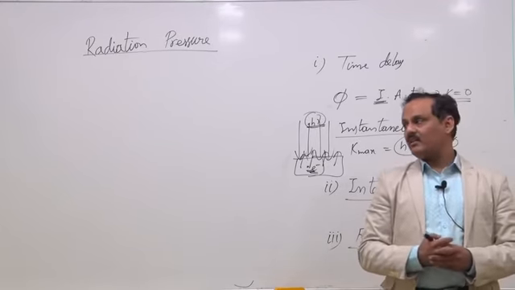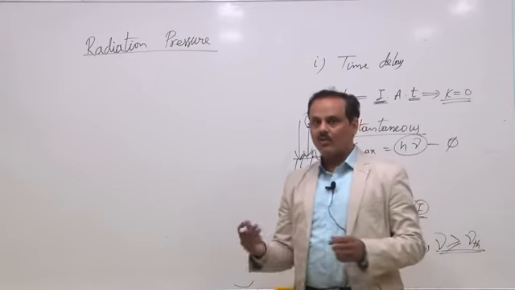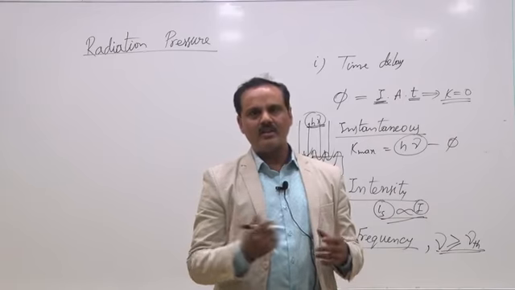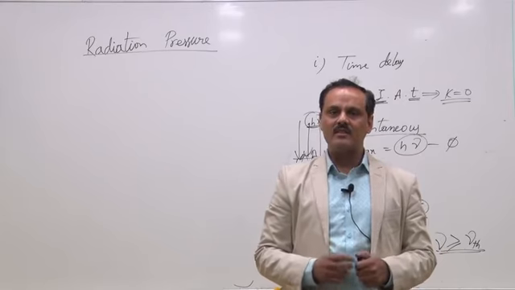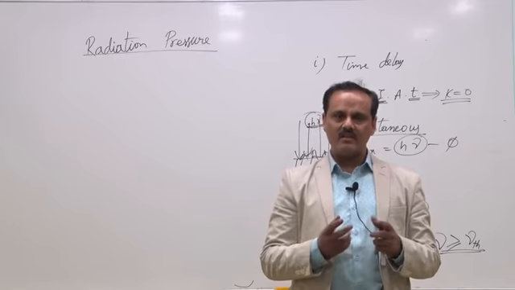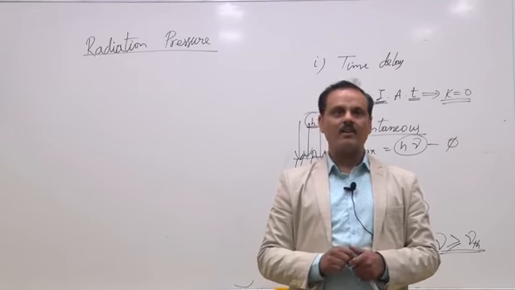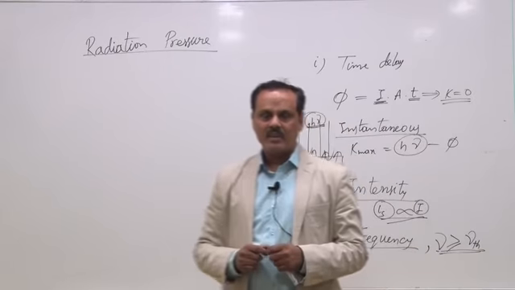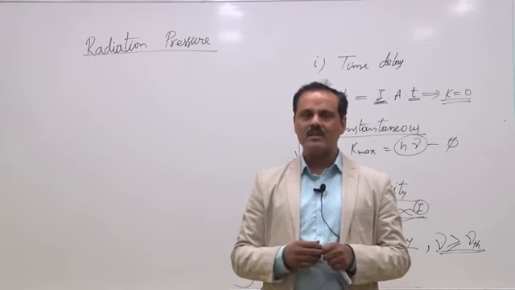As you might have seen, the tail of a comet is always directed away from the sun. How and why? The dust and gas particles present in the tail of the comet experience a force exerted by sunlight. So sunlight exerts a force on the tail, and that is why the tail of a comet is always directed away from the sun. The length of the tail also changes. When the comet is close to the sun, the tail is longer, and when the comet is away from the sun, the tail is shorter. Why does the length also change?